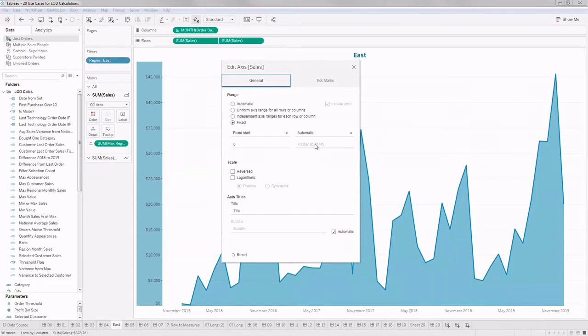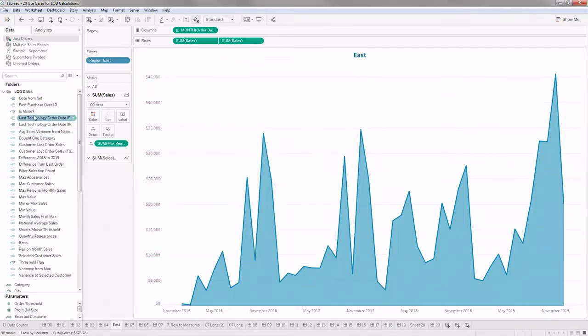It will not change dynamically when my sales values go up. Let's say I gave 50,000 here, assuming that all my values are under 50,000 at this point in time. But when it crosses 50,000, I'll be losing those data points in my charts. Then again I have to come back here and change it. So there's maintenance involved in that process. So what we can do here is create a LOD, something like